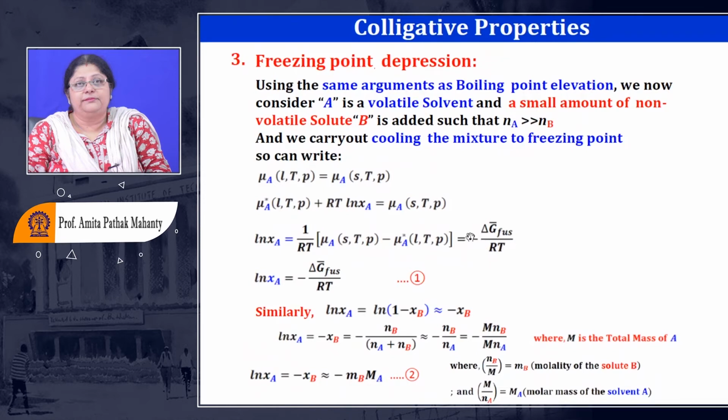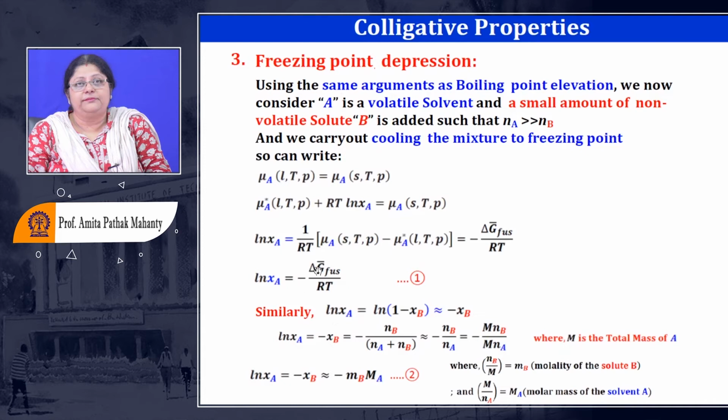So this is the difference which we come into, and again we put in the condition where you have a Taylor expansion where I can equate that. I do the same manipulation of multiplying by the total mass of the solvent in the numerator and denominator. So finally, what do I get? I get the mole fraction of the solvent approximately equal to the molality of the solute times the molar mass of the solvent. This is the expression which we have.